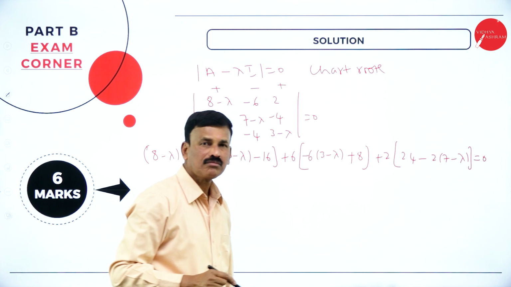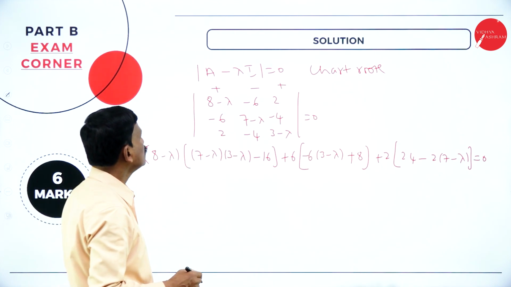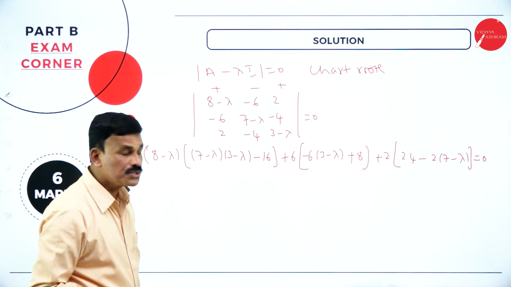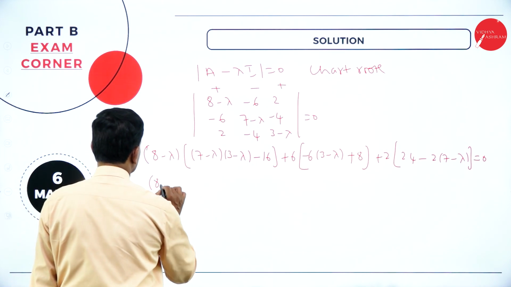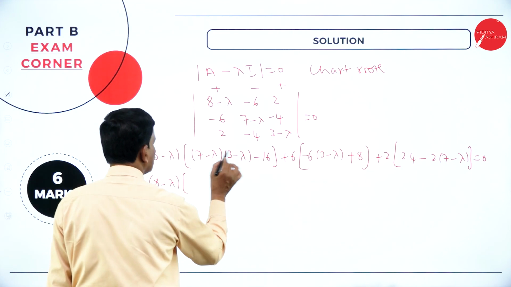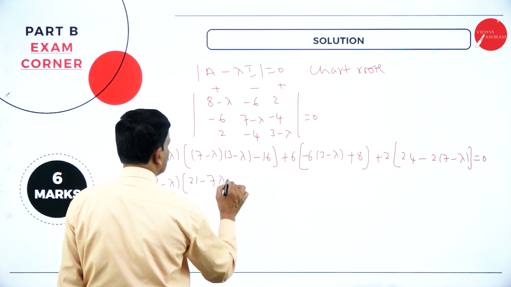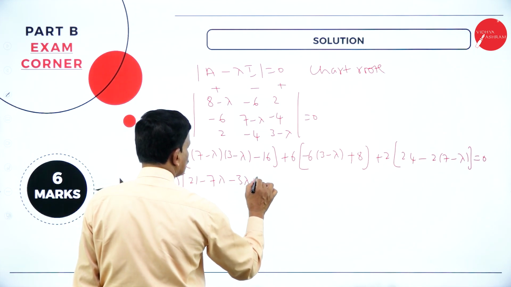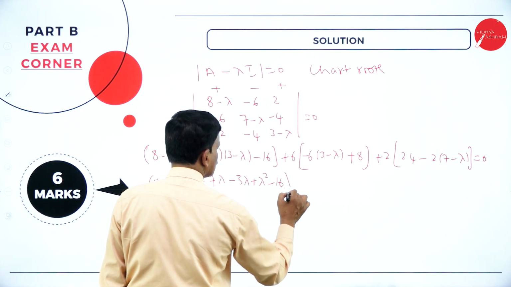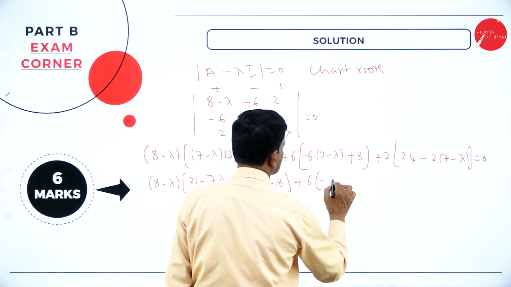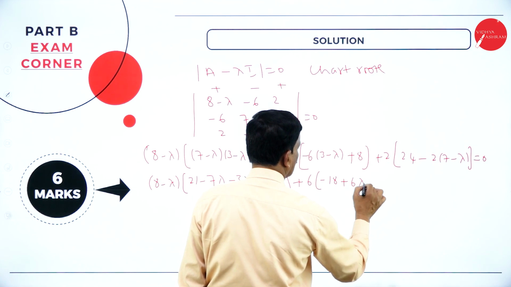This is the characteristic equation, right? To find the characteristic roots, just equate this to 0. So then what will we get? (8 minus lambda) into, multiply this, 7 3s are 21, minus 7 lambda, minus 3 lambda, minus into minus plus lambda square, minus 16, plus 6 into, multiply this, minus 6 3s are 18, minus into minus plus 6 lambda,